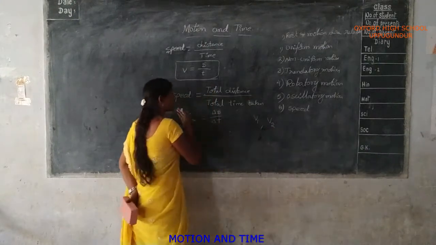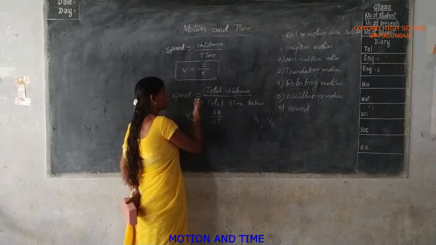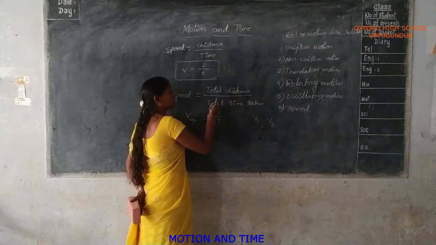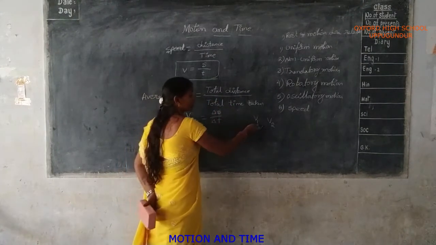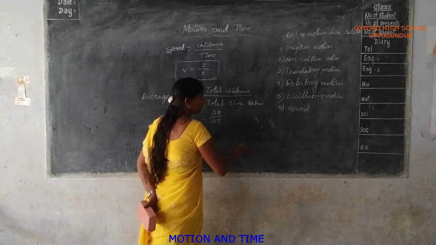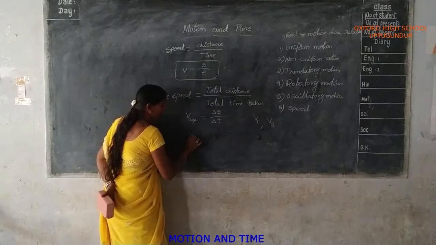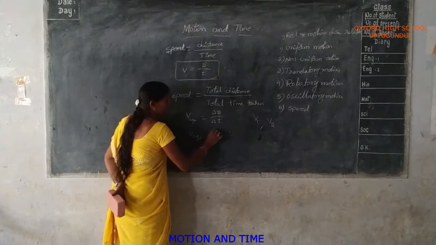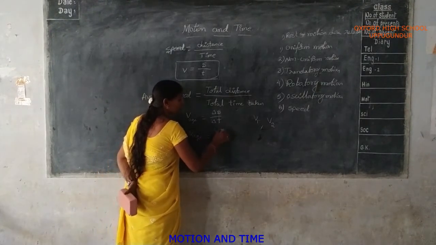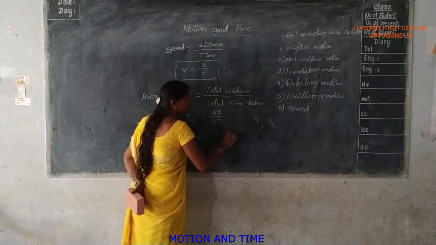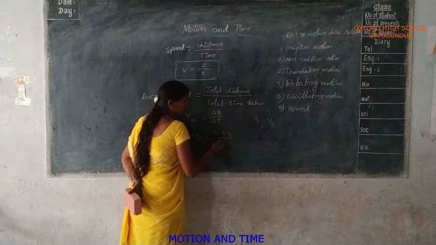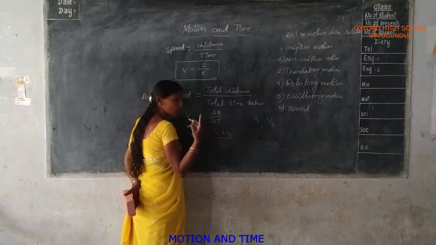But what is the meaning of average speed? The total distance by total time taken only. Yes or no? One more formula: V1 plus V2 by, how many speeds are there? Two speeds. So that's